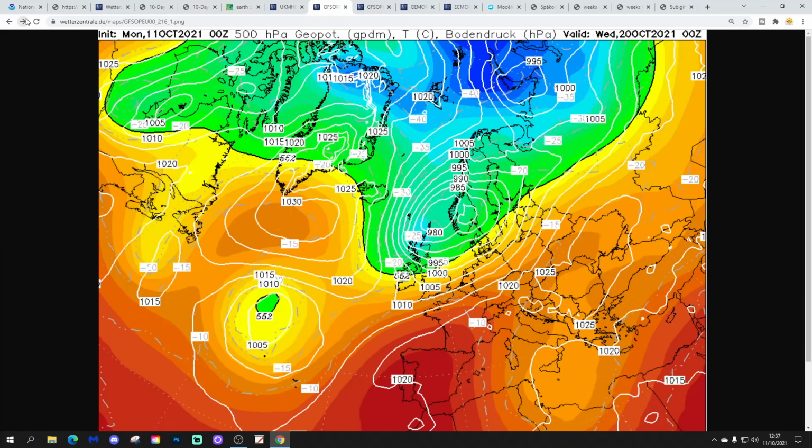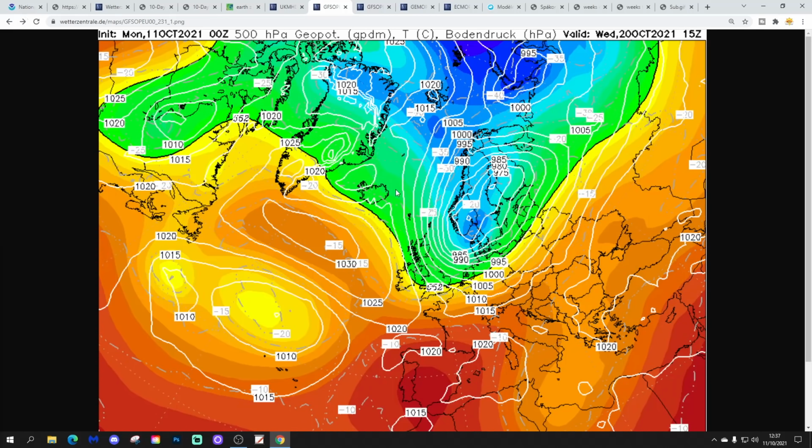It's not until beyond that we find quite a deep area of low pressure developing, breaking down the high and turning us wet and windy, and eventually pulling in much colder northerly winds by the middle of next week. It's Wednesday 20th of October when we're having a little bit of a northerly blast from the low pressure moving into Scandinavia. So our first northerly plunge of the season around the middle of next week shows up